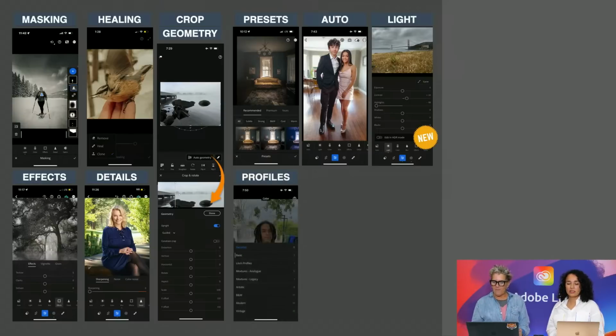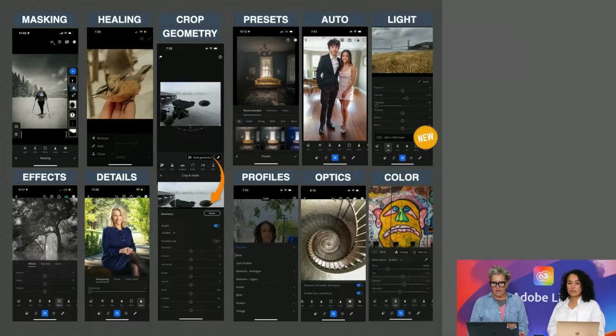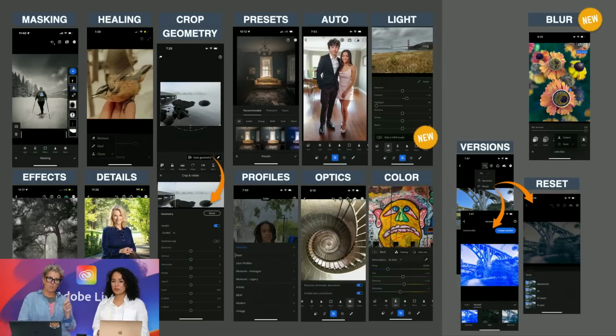Good to know that. Profiles, same as before. Optics, still great to use. Color, awesome as always. It just looks a little different. Blur. You're going to die when you try blur. It's amazing. I'm not kidding. Amazing. And then, very, very important, because this freaked me out as well, versions are now at the top